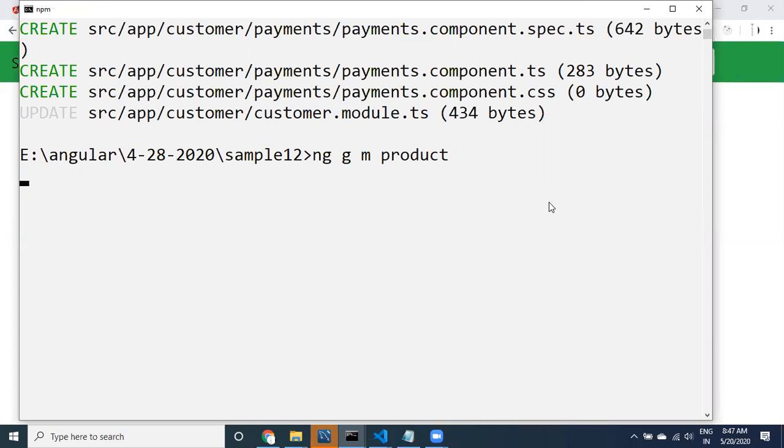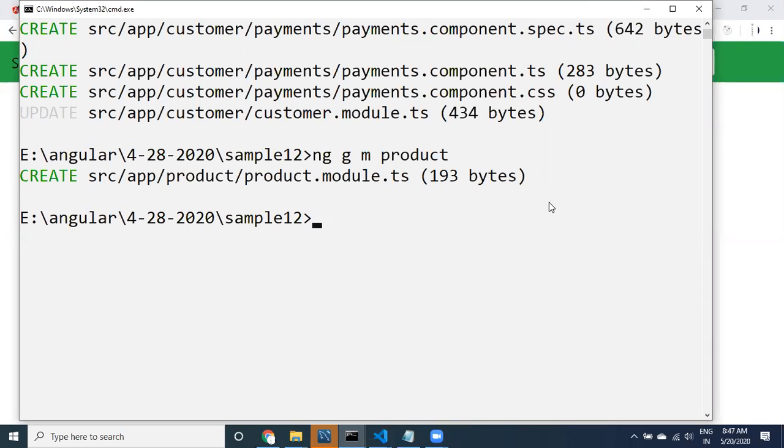This module is going to be created inside the app. In the same way, I want to create a component inside the product. Oh sorry, product card. I want to create a product-related card. This is one component.